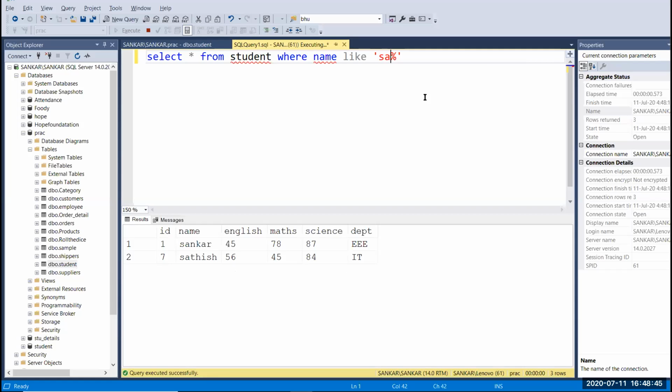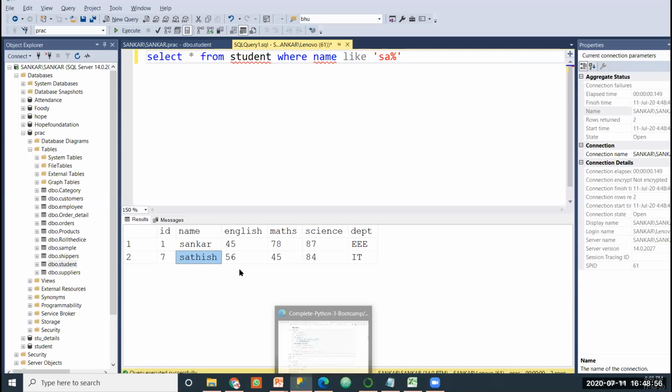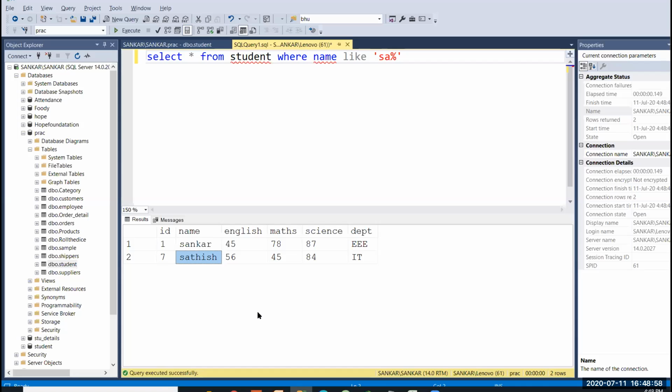Just hit F5. Now you can see we have two records, and both names start with SA.